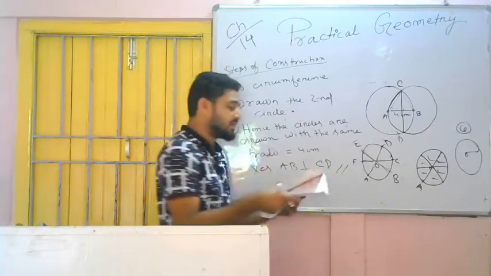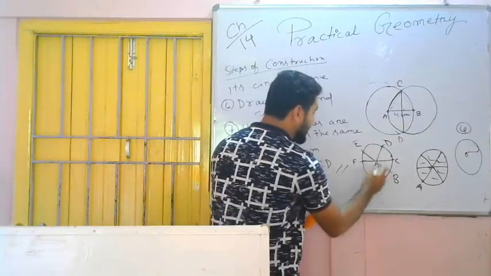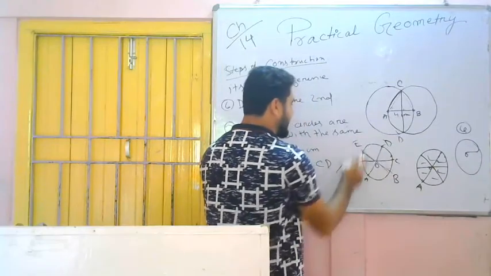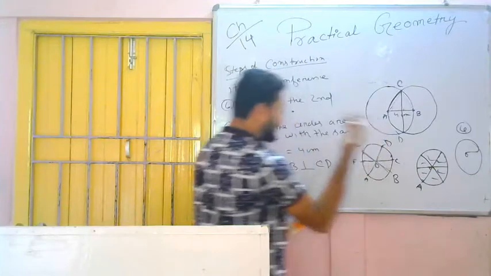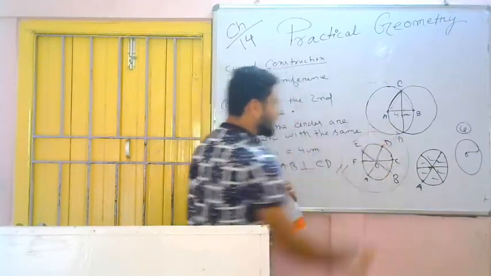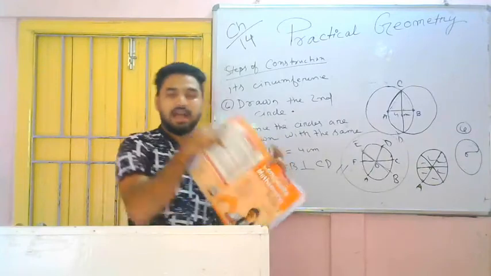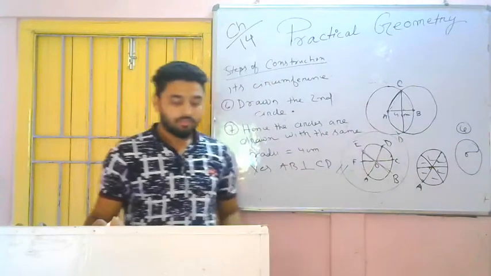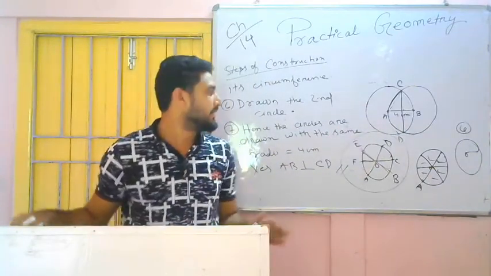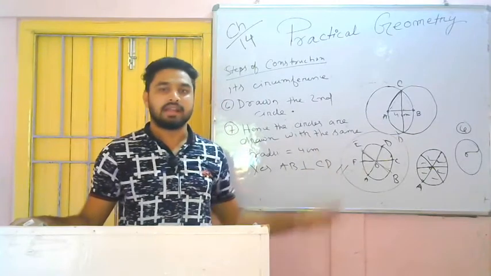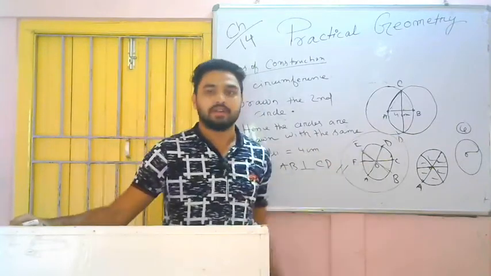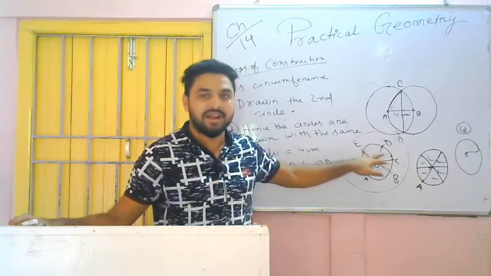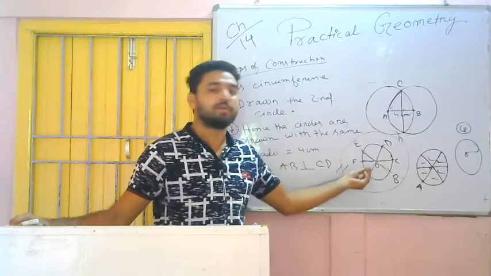The 6 equal sectors are AOB, then BOC, then COD, then DOE, then EOF, then FOA. That is the 6 regions, so the answer is given. I have shown you how to divide it into 6 equal parts. Now you can practice at home with a compass and ruler, dividing the circle into 6 equal parts.